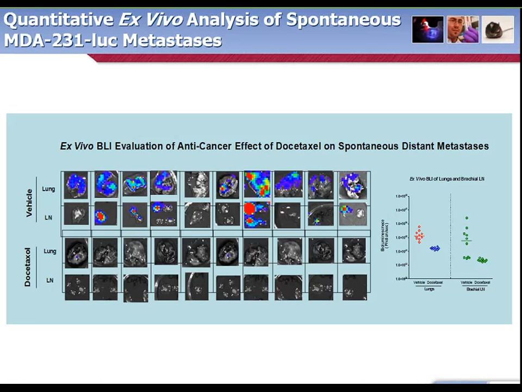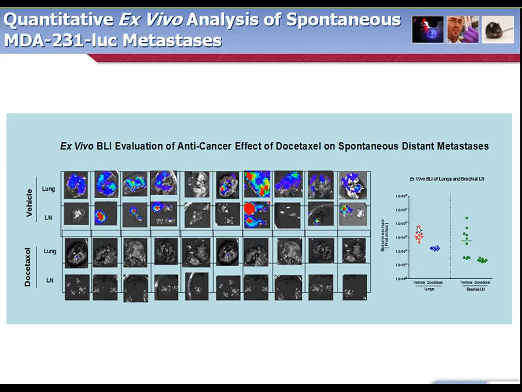Again, looking at all of the different animals in the group now, ex vivo, the lungs and the lymph nodes. Vehicle-treated group, you can see that there's bioluminescence from a majority of the mice. Same thing from the lymph nodes. The docetaxel-treated group, I think there's some photons coming here, but by and large, we're not seeing any photons in